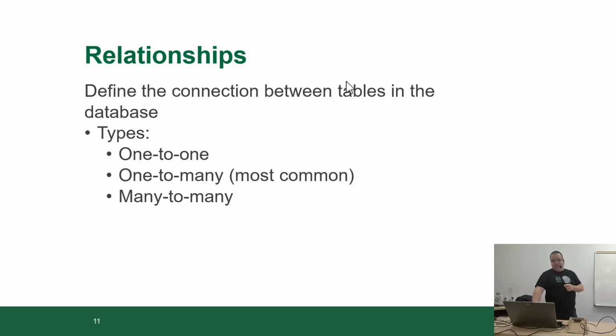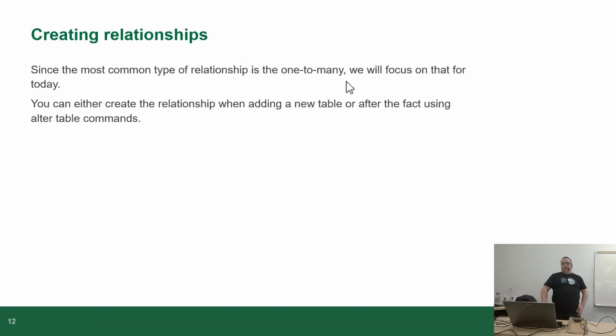All right, now to define the relationships a little bit. The most common type of relationship is one-to-many. That's basically what we're going to talk about today. You can create the relationship when adding a new table or after using an alter table command. So the relationships can be created at table creation time or later once you realize that, hey, the design suddenly discovered that we need to add another column and it's going to be pulling values from a new table we just created. For example,